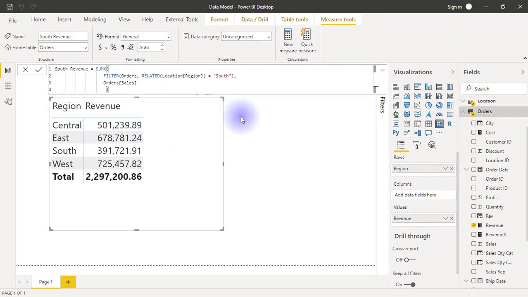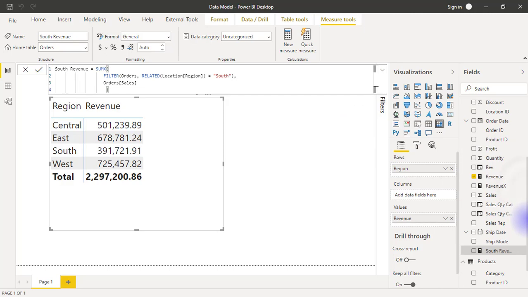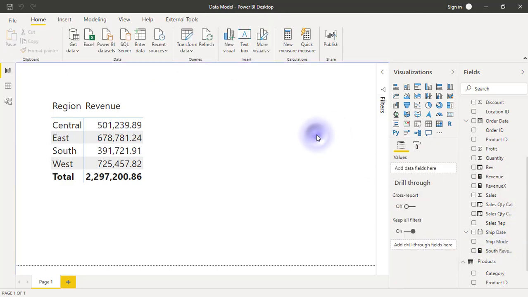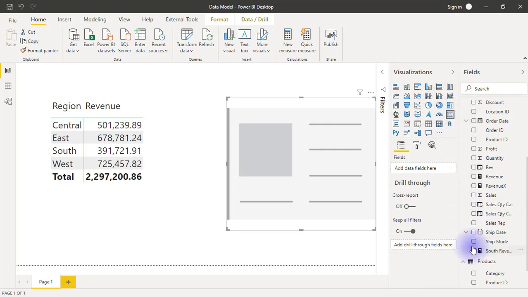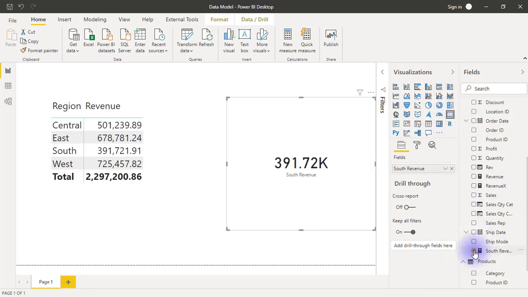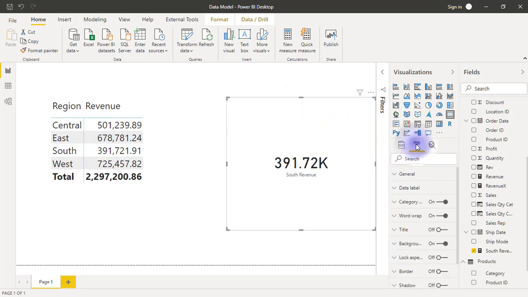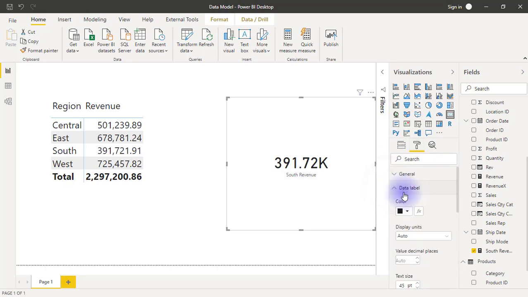So for a second, I'm going to put this South revenue on a card. I just want to see the numbers alone. If I put it on this card visual and I put South revenue here, you will see that it is 391.72 thousand, which is the same thing as this. So let me just blow it all up so you see the full numbers. Come to format here, come to data label and change display units to none,